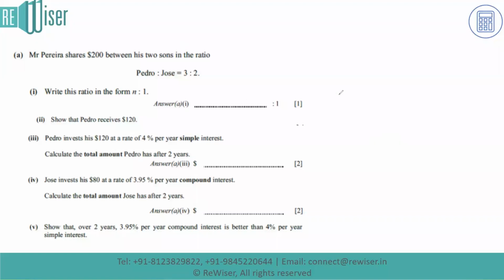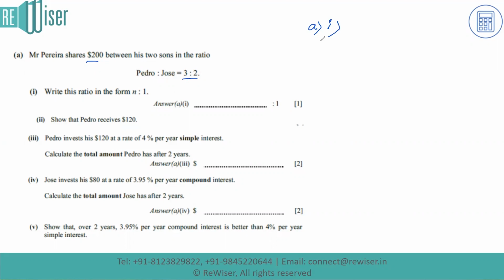Question, we are talking about Mr. Pereira shares $200 between two of his sons in the ratio of 3:1. So one is for Pedro and another person is Josh. So for part 1, all we need to do is write down the ratio in the form of